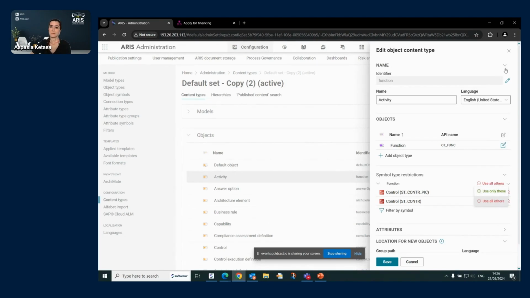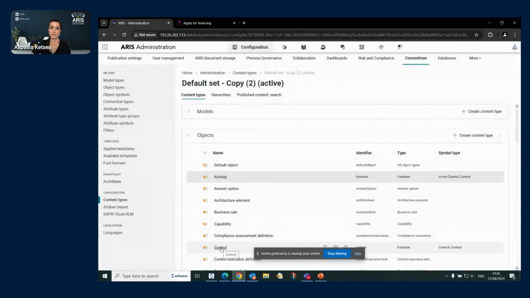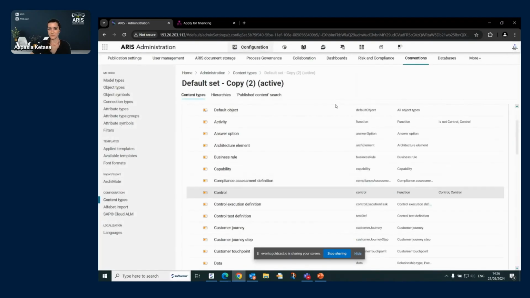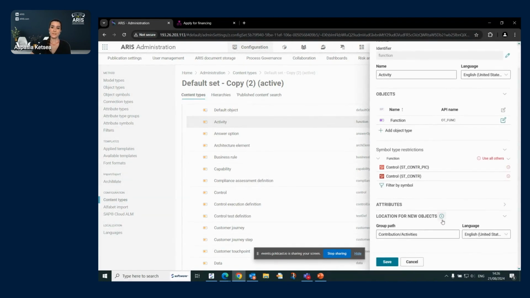If I come to this one and go to edit, you see that I have the same object type, but in this case, I want to use only objects that are of this object type and these two symbol types. So again, I can restrict what I want to include on this specific item called activity or control, or anything that is in this list, or anything that is not in the list, and I want to create. So the details show here, as we said, the same attribute and some details on the contribution,